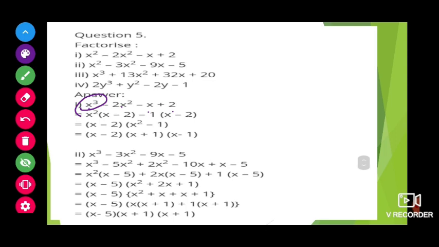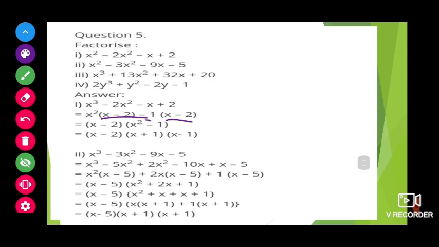So here we have to think in our own way. Is there any common thing we can take out, children? If you see here, from the first two terms we can take x square common. If x square goes out, the remaining is x. And from the minus 2x square, if x square goes out, the remaining is minus 2. And from here, x plus 2 is there, but here x minus 2 is there.